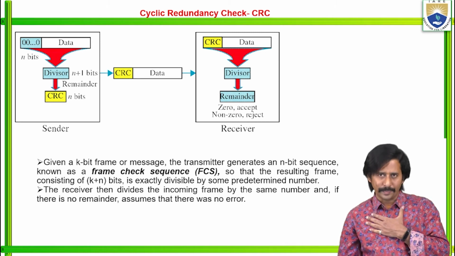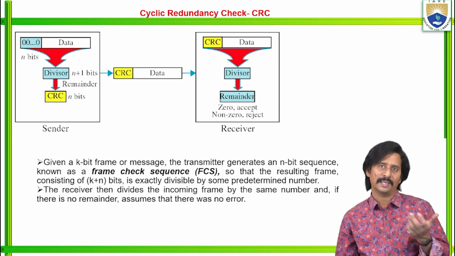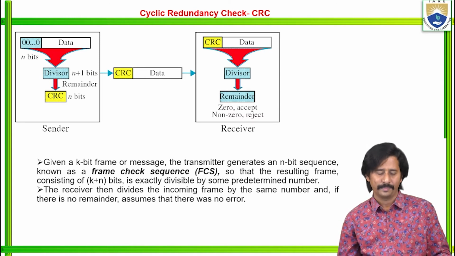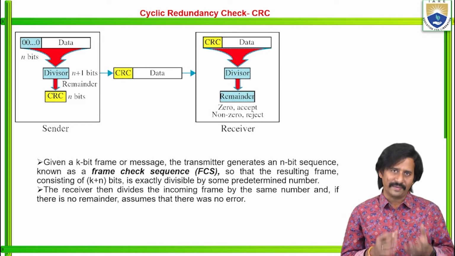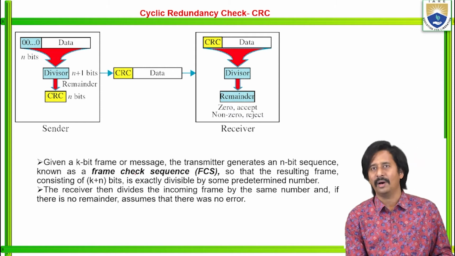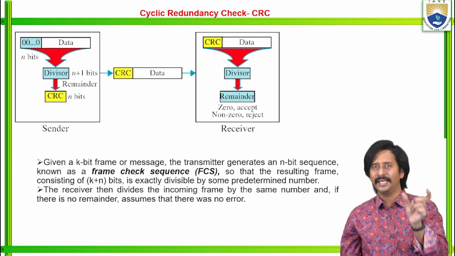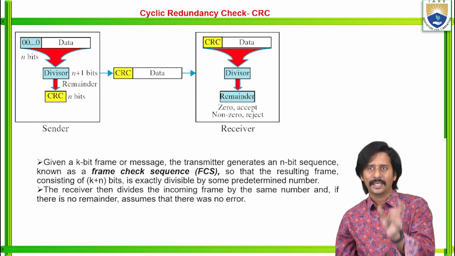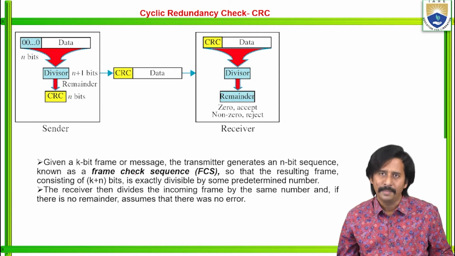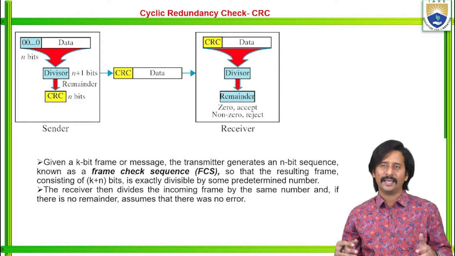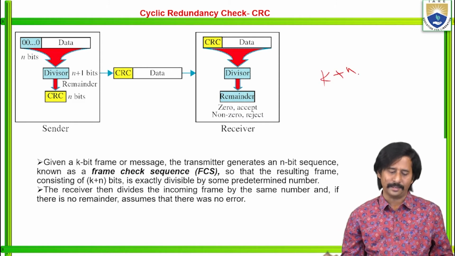My node or my computer is ready to transmit one particular piece of information to some other node which is available on a different network. So whatever data I am ready to transmit, that data is divided into k-bit frames or messages. Now the transmitter generates an n-bit sequence. So each and every frame consists of some number of bits. That is known as the frame check sequence,